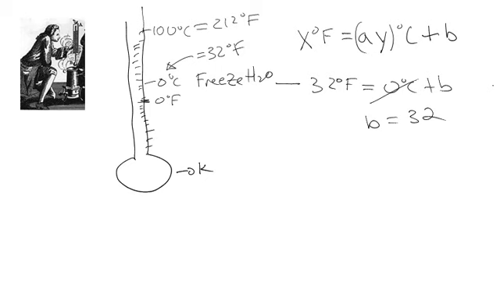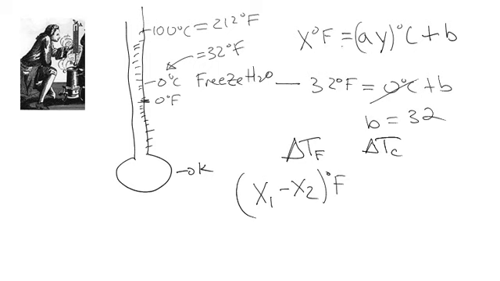And so the way that we can do this is we can write an equation where we cancel out b and we only worry about a. And the way that we can do that is if we look at a difference in temperature. So we look at the difference in temperature in Fahrenheit and a difference in temperature in centigrade. So that is, let's say we have x1 and x2 in Fahrenheit. So we have some x1 that we know in Fahrenheit minus some x2 in Fahrenheit,